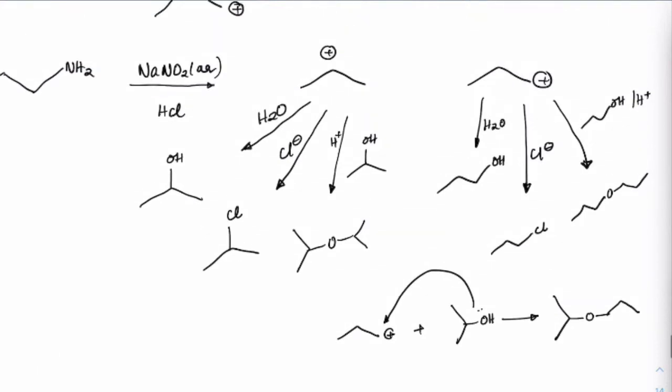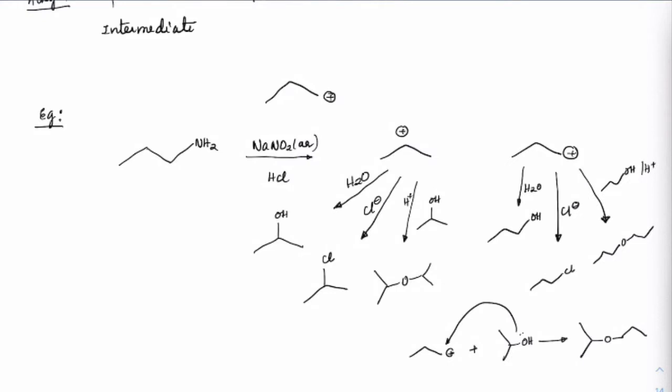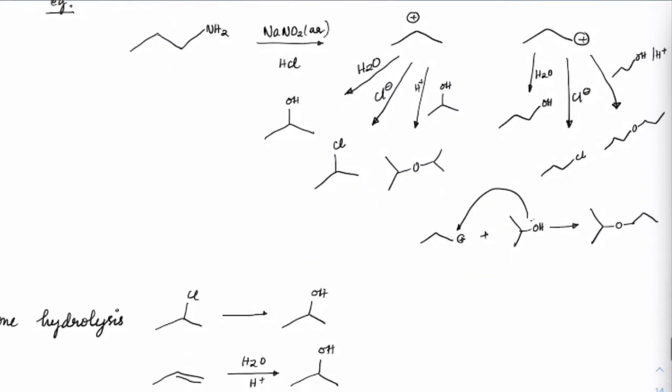So count this now. What all things are we getting? So we got 1, 2, 3, 4, 5, 6, 7. This was once asked as an integer type in the China papers only. It was asked like how many different products you can get. So you can see these are all the different products you can get. Now let us put some logic into it. Because we have water in excess amount.